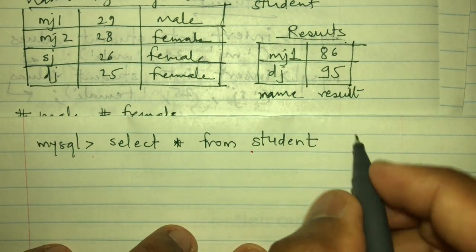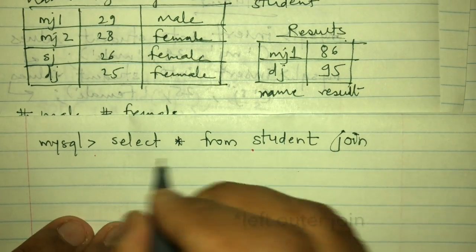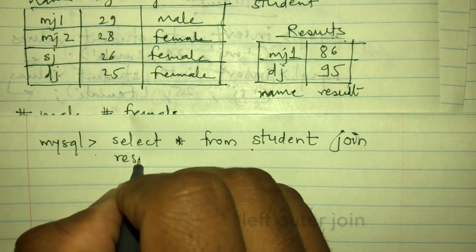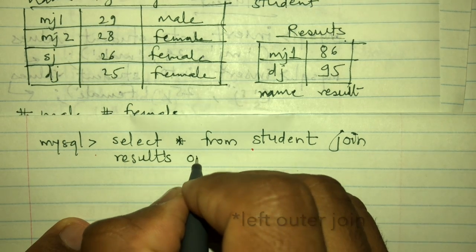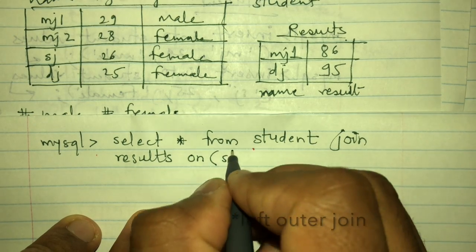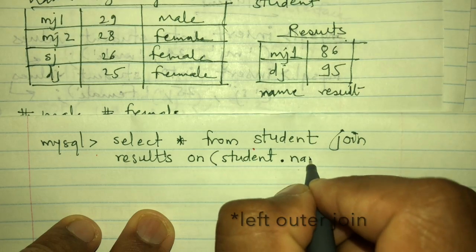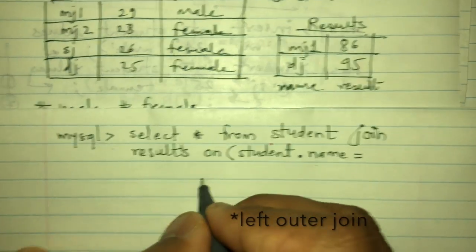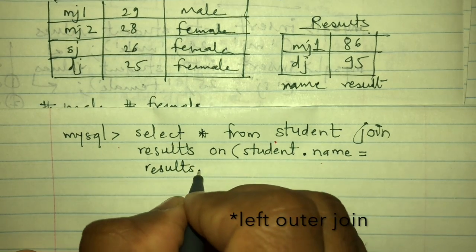Then since we are performing a join, I will say join, and the second table is results. Then you must specify on which condition you want to do the join, so I'll say student dot name equal to results dot name,